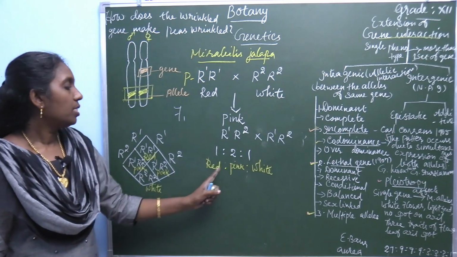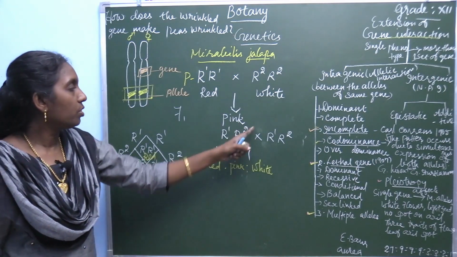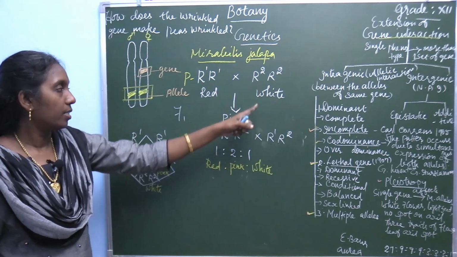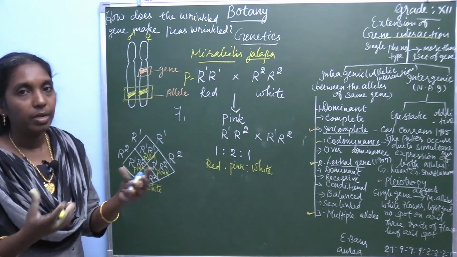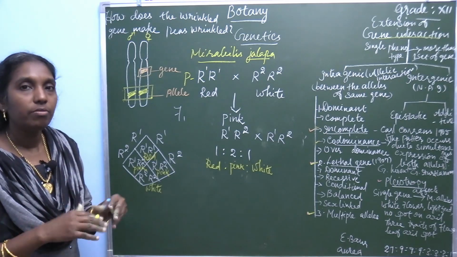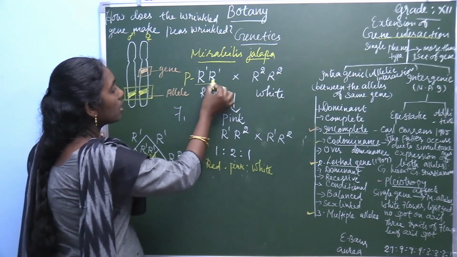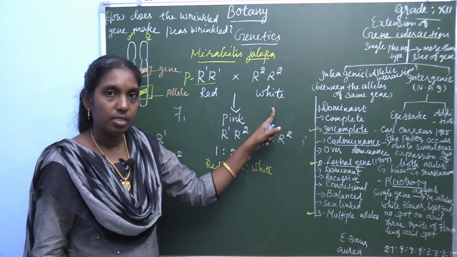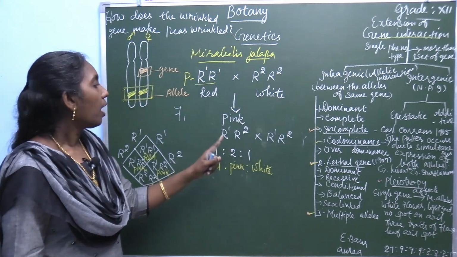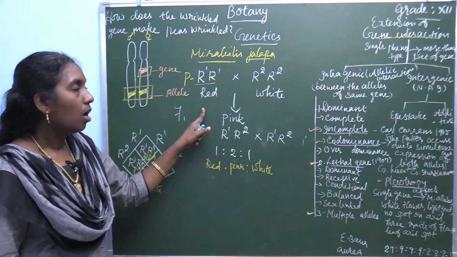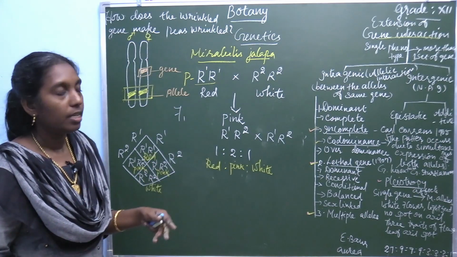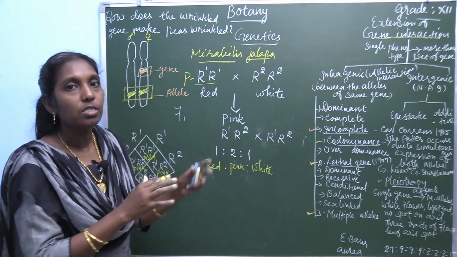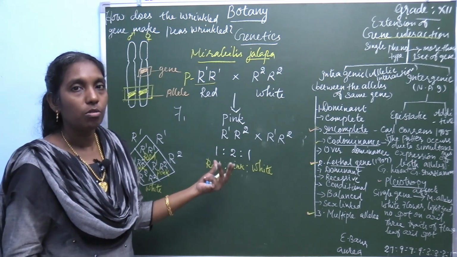So, what is the reason for this pink color? Instead of one of the characters dominating over the other in the F1 generation, here it produces the intermediate color pink. So, half of the gene is expressed. This R1, R1 which is responsible for red is the functioning gene. R2, R2 is the recessive gene which produces white, and for this pink, the 50% of R1 which is expressed has the ability to make the red color. So, 50% expresses and it shows pink color.